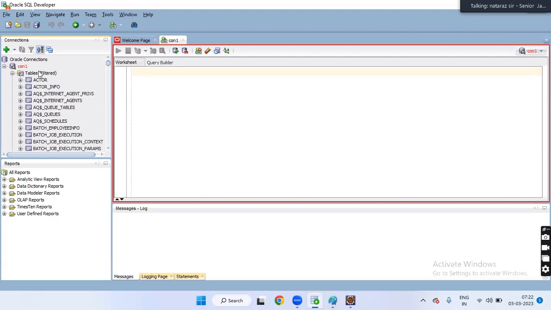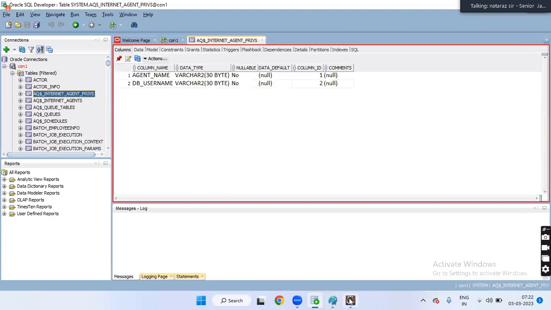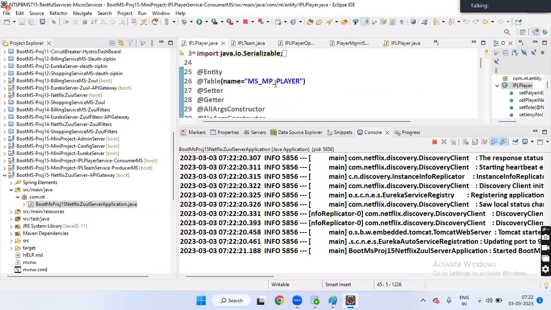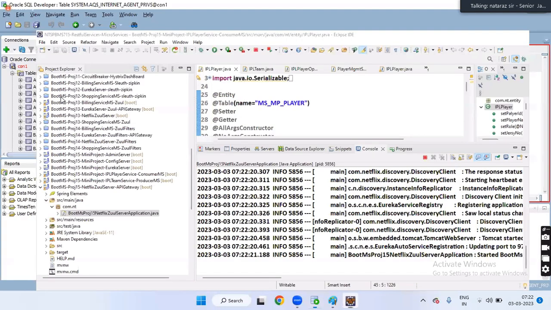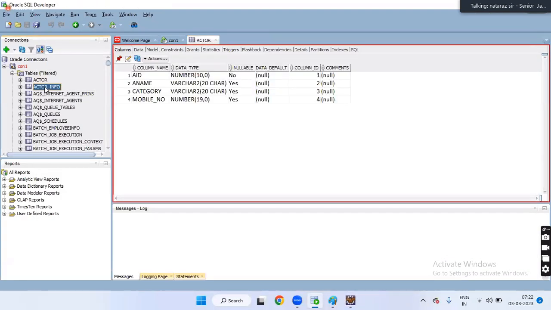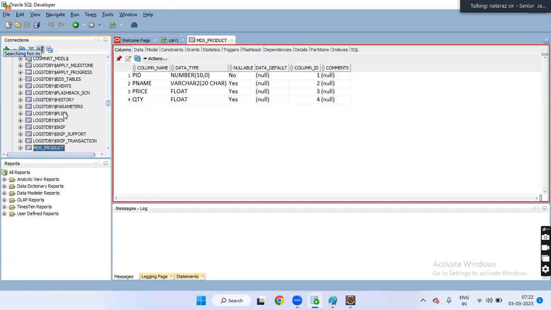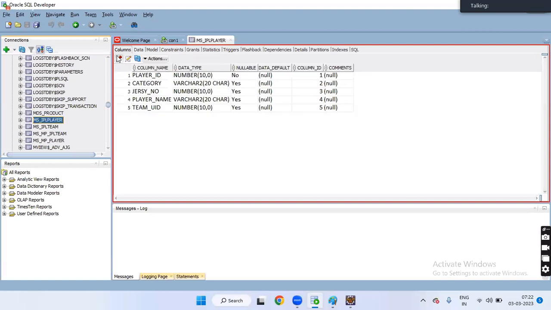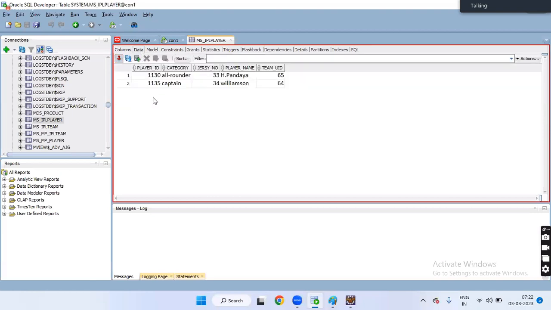What is the table we are having, guys? Any idea? MS underscore MP underscore player, right?